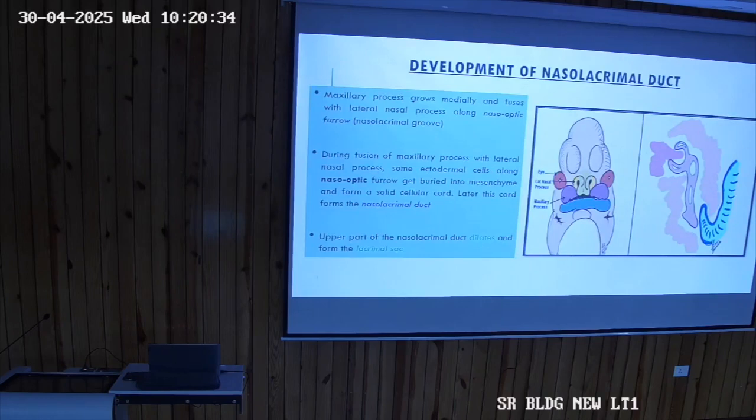Next is development of the nasolacrimal duct. The nasolacrimal duct basically forms by the fusion of the maxillary process with the lateral nasal process. Here you have the lateral nasal process, now there is the maxillary process. Now fusion of these two processes